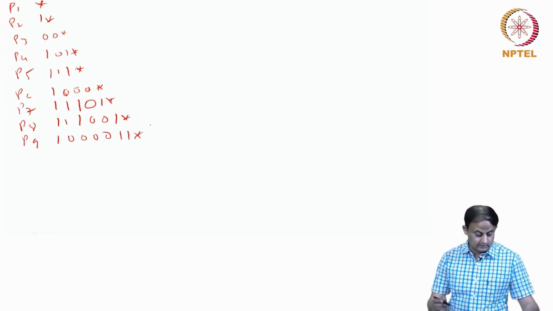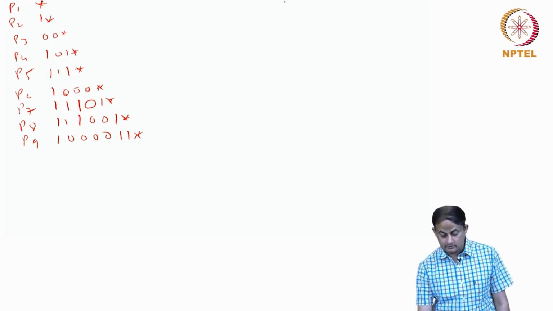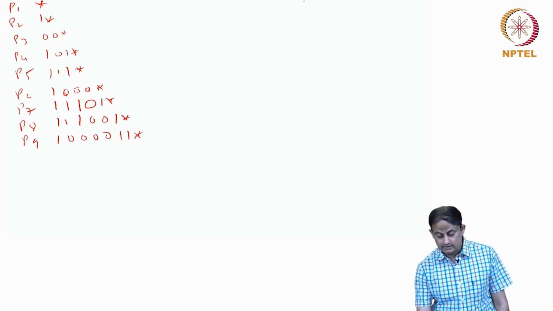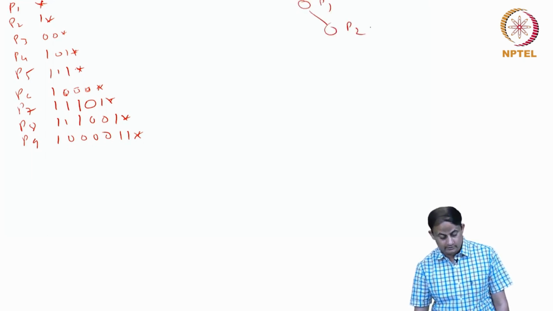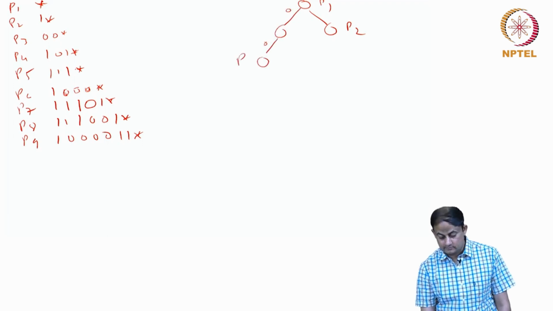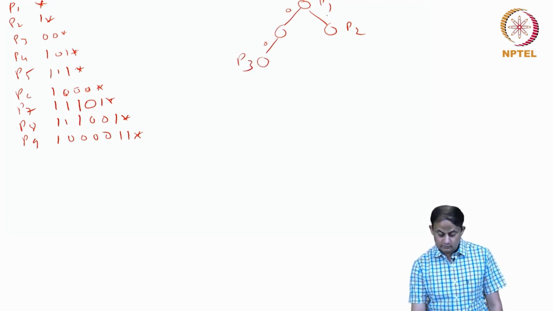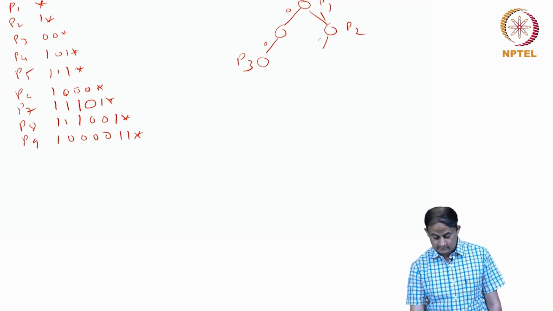So as usual, construct the path compressed binary trie for this example. We will first try to do the binary trie. So this is my P1, 1 star, this is my P2, and 0 0 star, that is on the left, and on the left this is my P3, and P4 is 1 0 1. So 1 already we have, and the 0 you come here, and then with 1 you go to the right,